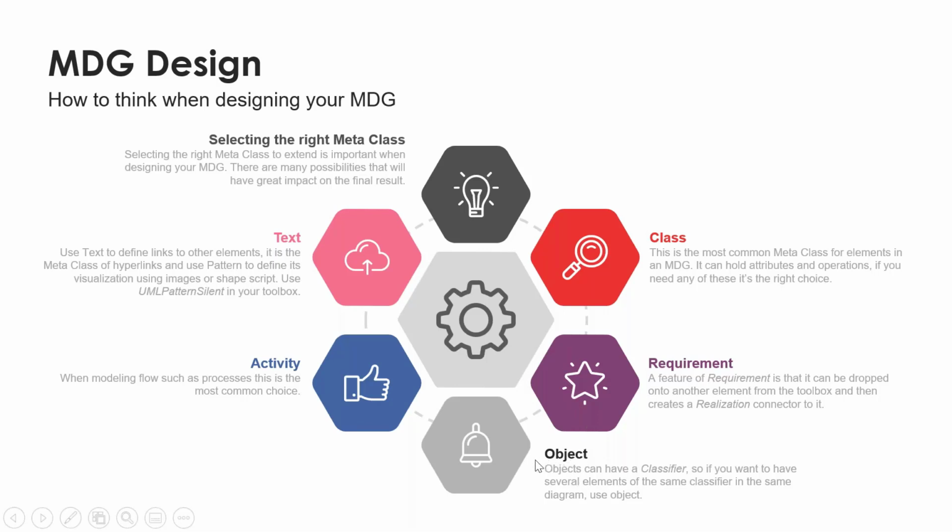Then we have objects. Objects are useful in some cases. For example, you might want to have many controls of the same type in the same diagram. That is not that good to do, at least in a visual way, if you can only put one on the same diagram, which is a restriction in Sparx. So if you instead instantiate a control, you can have it many times, but then you will actually have a longer path from the relation to the activity through the object to the classifier class.